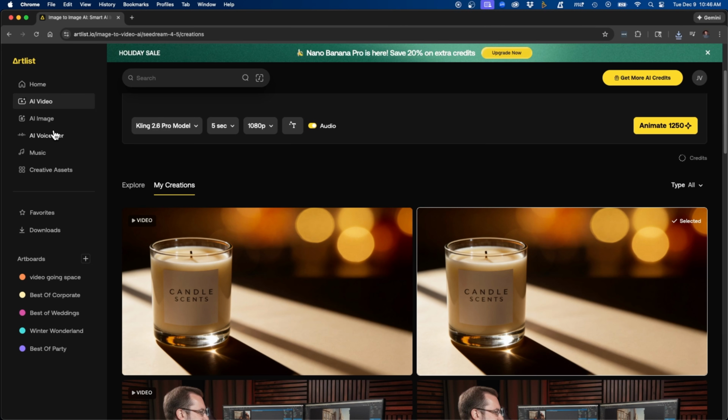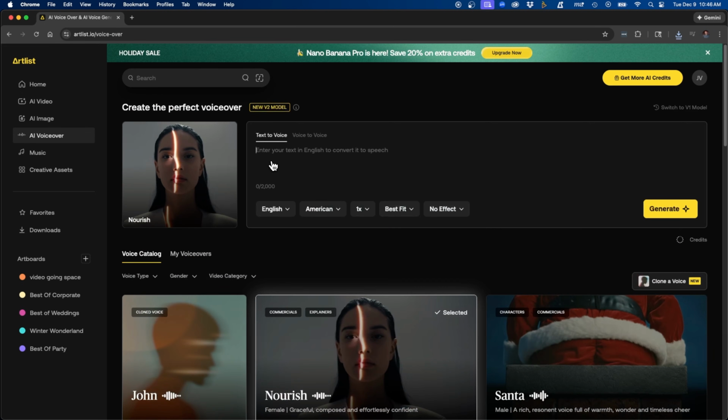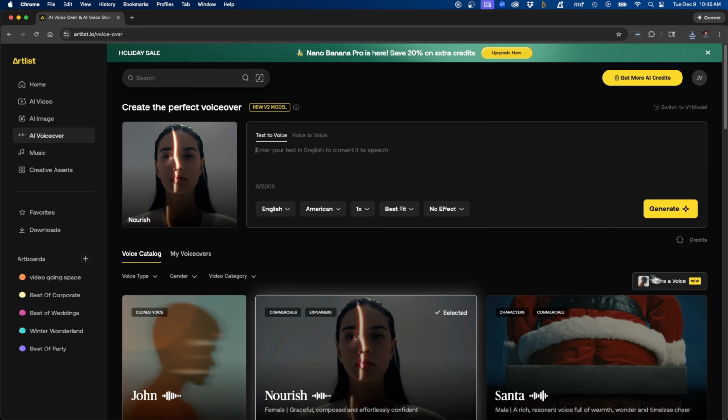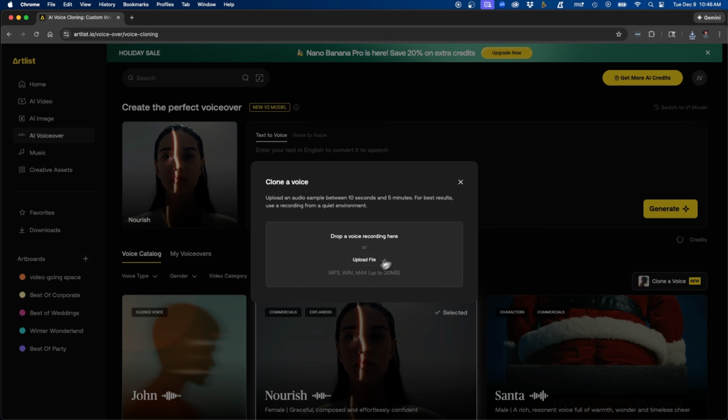Now that's just one of the features on Artlist. They also have an AI voiceover feature as well. And what I like to use for the AI voiceover feature is to clone my own voice. So you can choose from several of the voices that they have on the platform, or you can also choose to clone your own voice. So you can easily upload a short clip of you speaking and use that as a sample to generate a